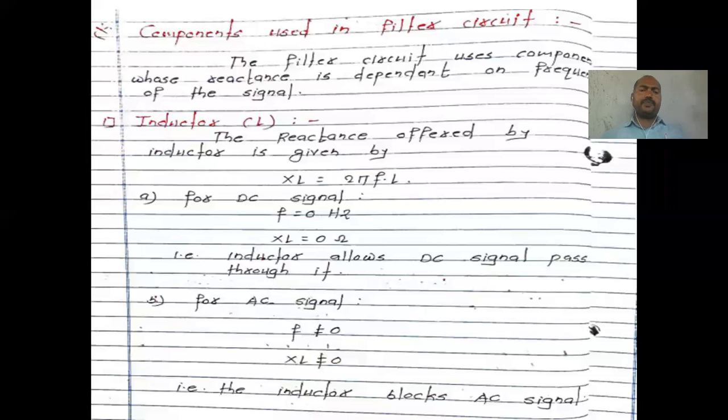See, we have seen the components such as the inductor, right? XL indicates the inductive reactance of the particular device, right? So the inductive reactance of the inductor in this circuit is XL equal to 2 pi FL, right? XL equal to 2 pi FL. But see, we have to think the same with respect to DC as well. When we talk about DC, we know that DC doesn't have any frequency, right? Because that doesn't have the positive cycle